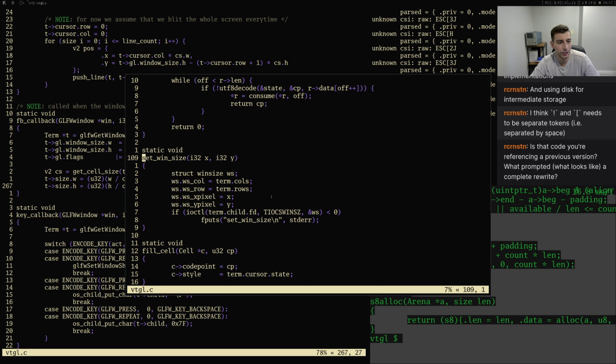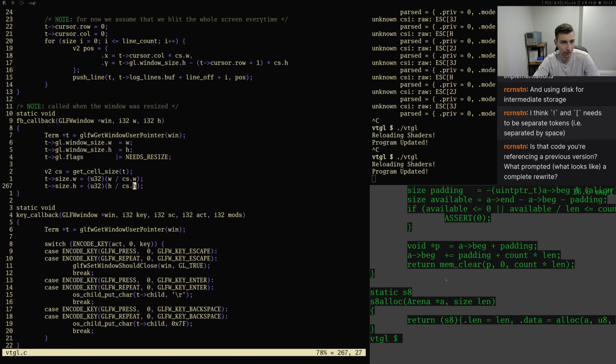The main problem with the code I wrote previously is, well, the problem isn't that it has bugs. The problem is that the way it was structured was not really good because I didn't really understand a good way of structuring the terminal program. And it was structured in such a way that I couldn't have this hot reloading thing going on, which already has proven to be very, very helpful